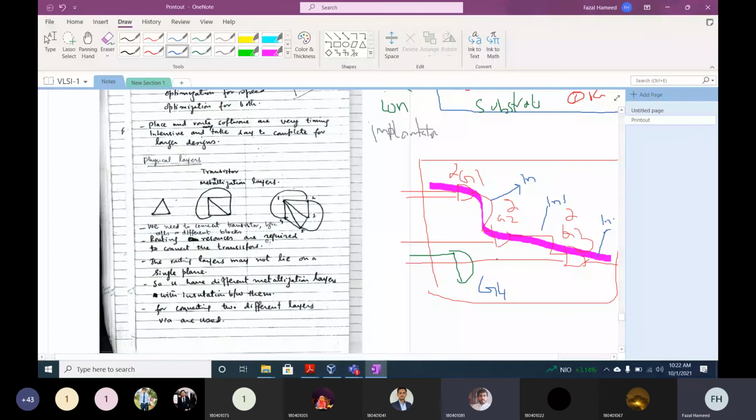So whenever you do the placement and routing, it is also called floor planning. We have to place different components of the design on the chip. And definitely this placement has an impact on the power consumption and also on the latency. On the length. If you place the transistors closer to each other, the routing delay will be less or more?